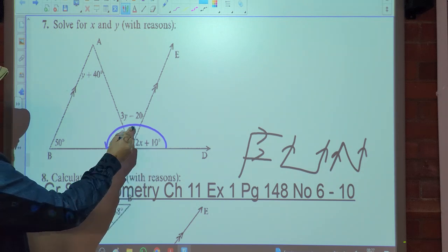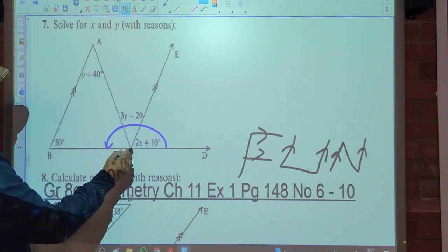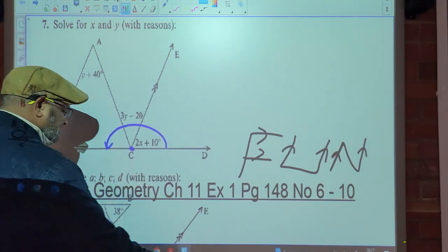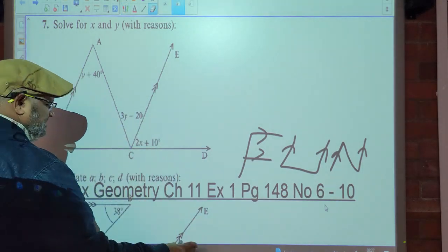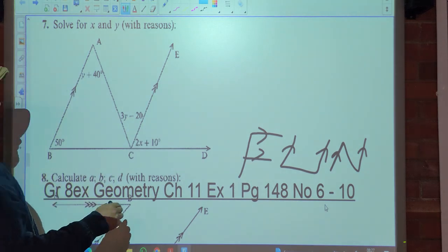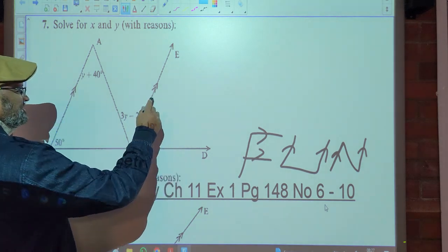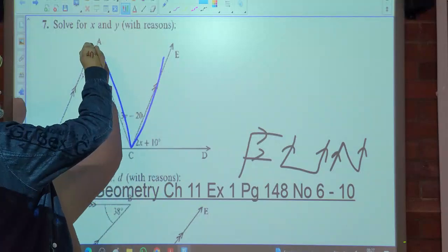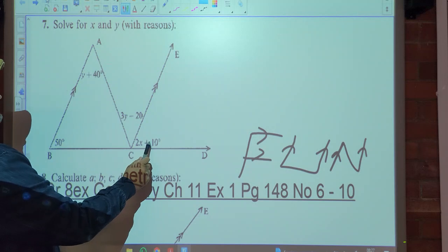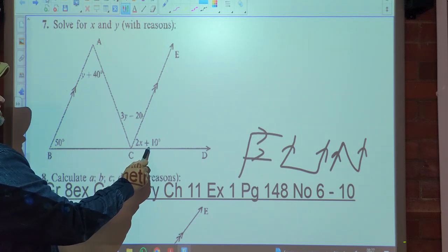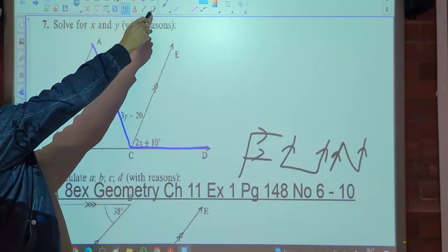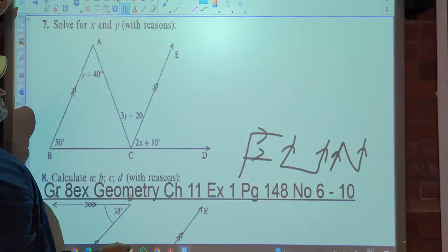So 2x plus 10 plus 3y minus 20 plus the unknown is not angles on the straight line. Yes? You all see corresponding. So what I'm going to do is try and make alternate, the Z, with this. It's not going to work. I can't make alternate with this angle. You see if I can make co-interior with this angle? No. I don't have anything going there. So the only option I have is